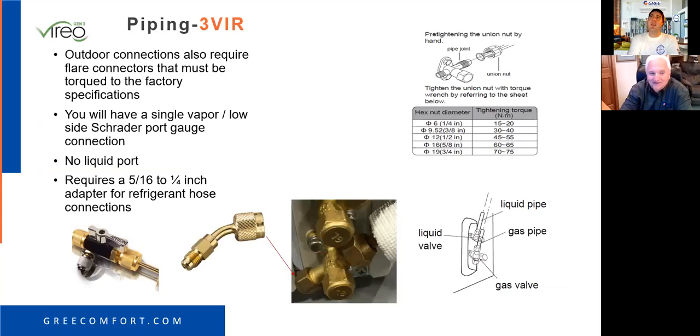And as far as the outdoor connections go, you've got flares indoor and out. There's no brazing. There's no liquid port on the GREE units, at least the mini split units. And don't forget that it is 5/16 threads on your service valve, so you've got to have that adapter. I recommend buying about 10 of them,